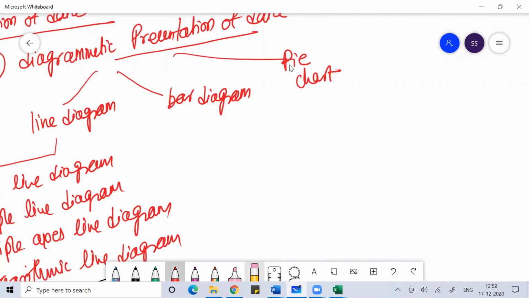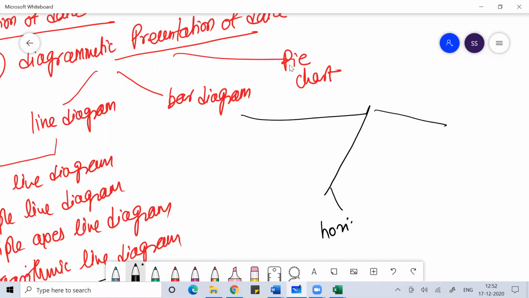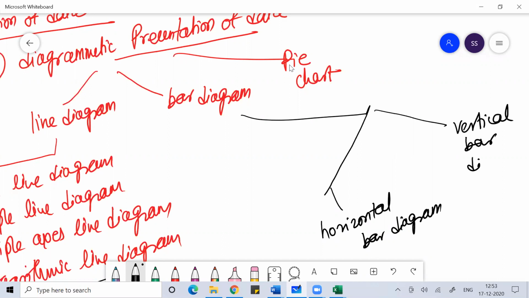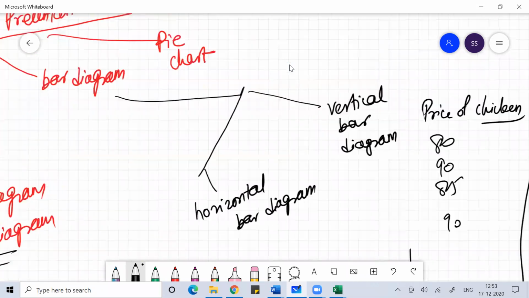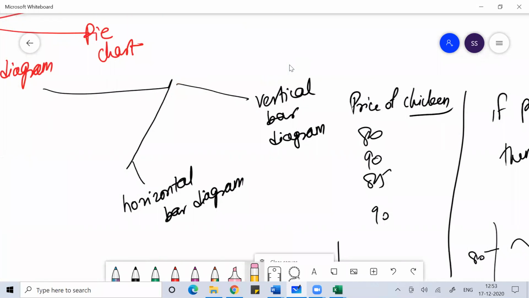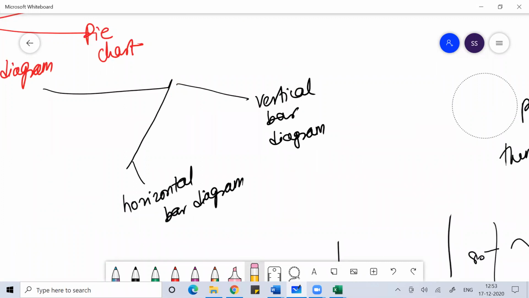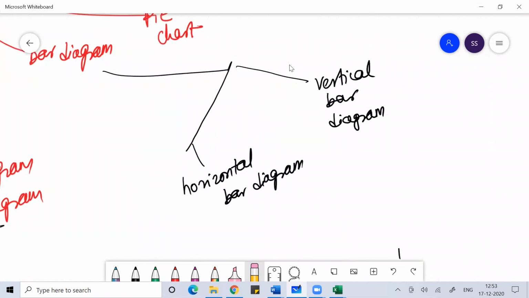When we study bar diagram, it can be a horizontal bar diagram or it can be a vertical bar diagram. So basically we use horizontal bar diagram